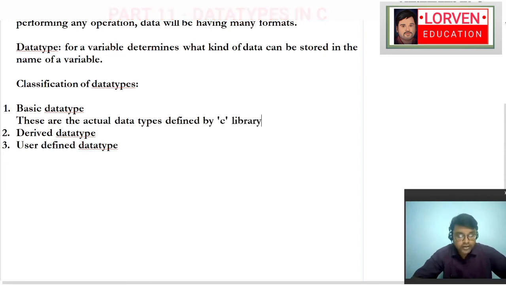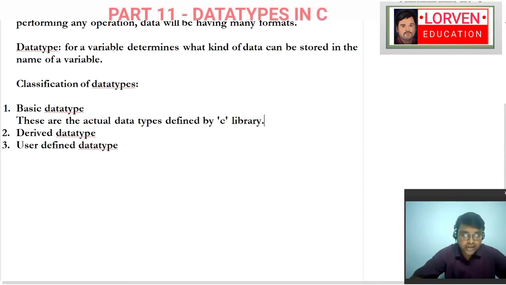Remember, right? So these are the actual data types defined by C library. That means every programming language will have a certain library, and in that library we have different functions defined. So here the basic data type is the actual data type defined in the C library, right?